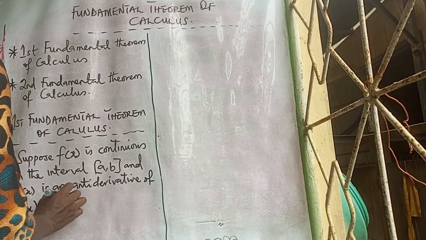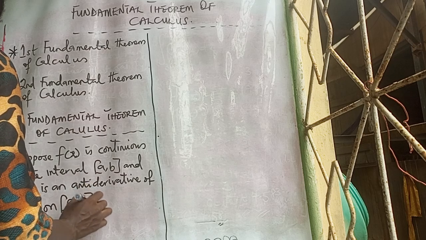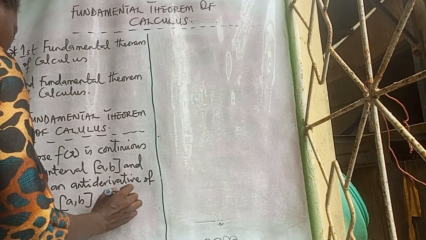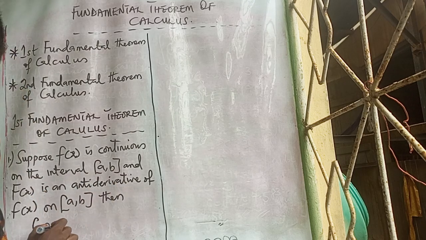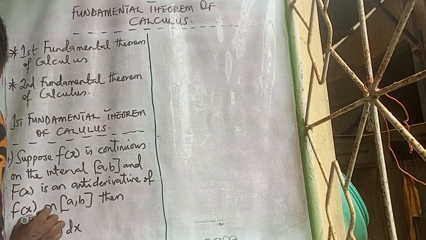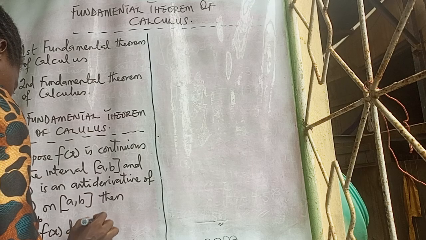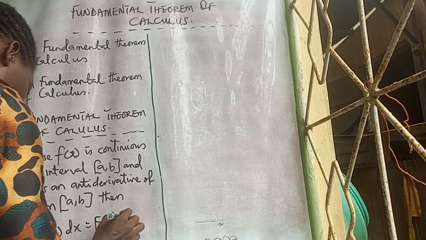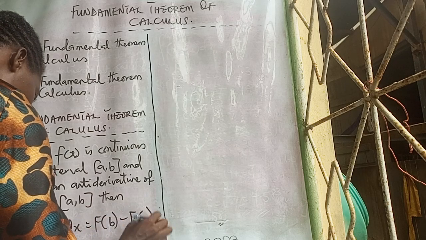of f of x on the closed interval AB. Then the integral of f of x dx from A to B is equal to F of B minus F of A. This same theorem can be stated as